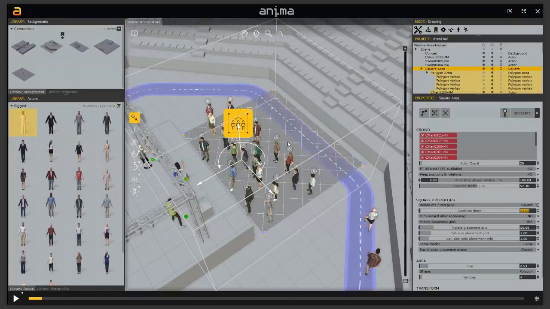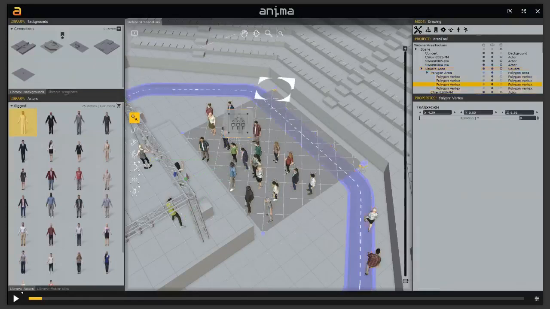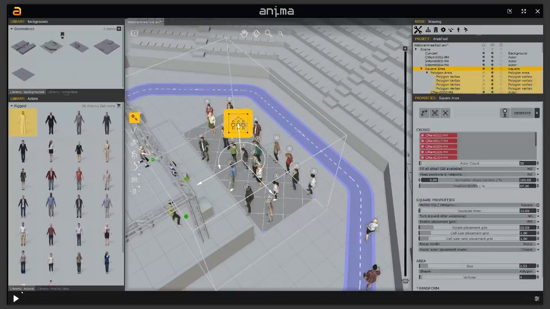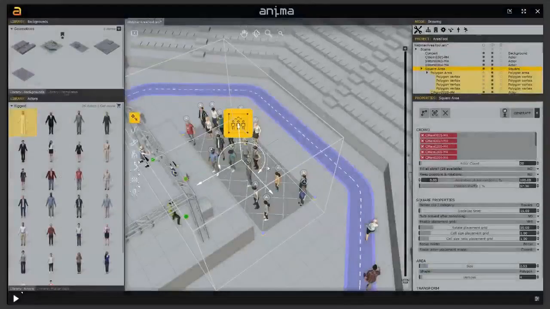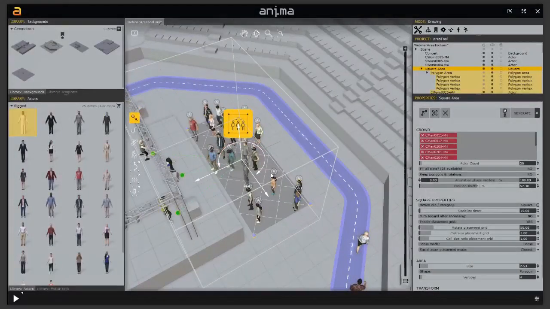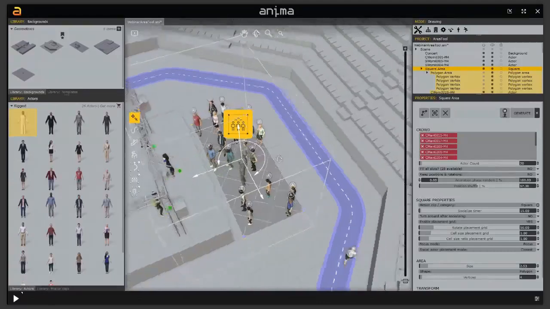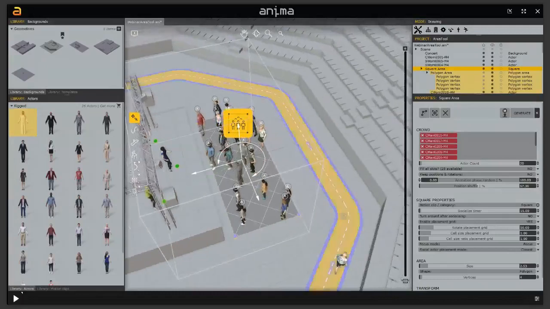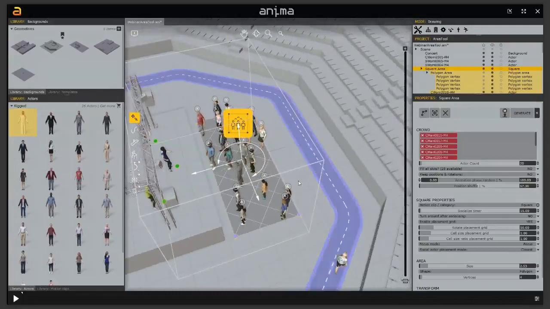So I will try to work in a different way. First thing, I want to reduce this area here, and I will show you why. I will select it, generate again, so I have a different distribution, and that's okay. So I want this area here to be independent. But I want an area right behind where the characters coming from this path will be going when